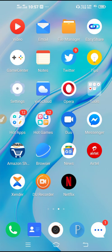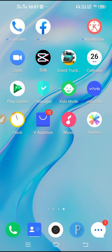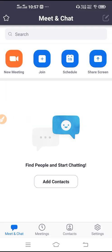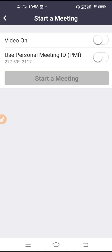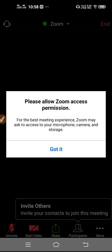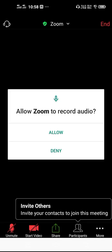So now let's open up the Zoom. First we have to open up the Zoom, and then what we need to do is start up the meeting. We need to start up the meeting and you should be the host. After that you have to click on start a meeting. Click on start a meeting, and then you have to wait because connecting is going on. So now it is opened, so you have to allow the